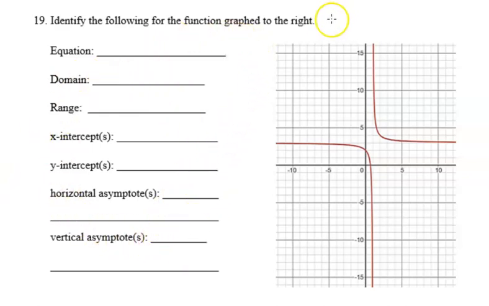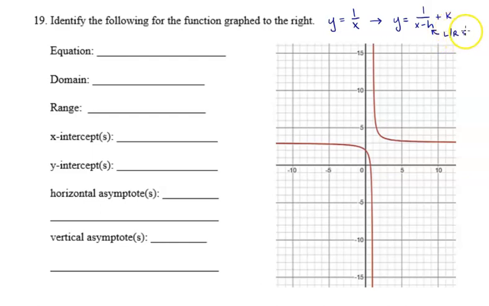So let's start off with just reminding ourselves what the template is for a function like this. This is a version of the function y equals 1 over x, but it's been shifted up and down by some amount and left and right by some amount. So the template that we use to write this function that got shifted up, down, left, and right is y equals 1 over x minus h, plus k,